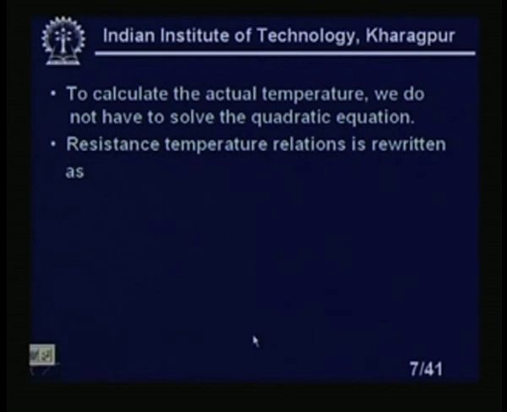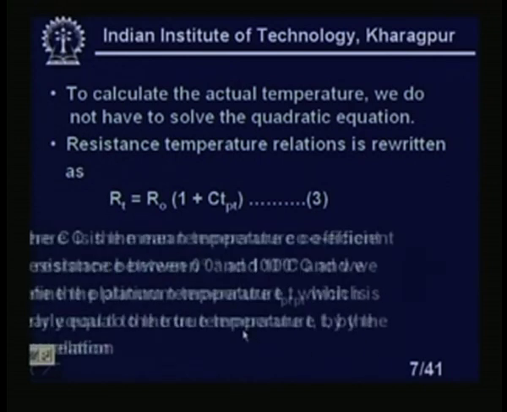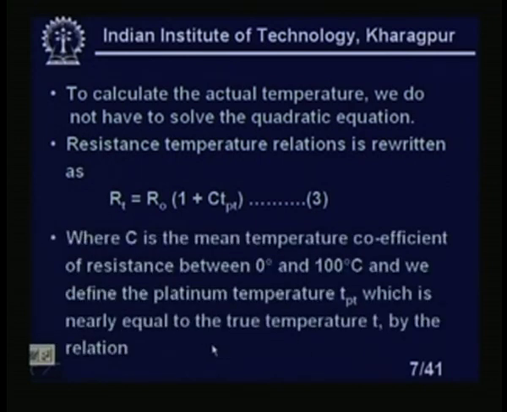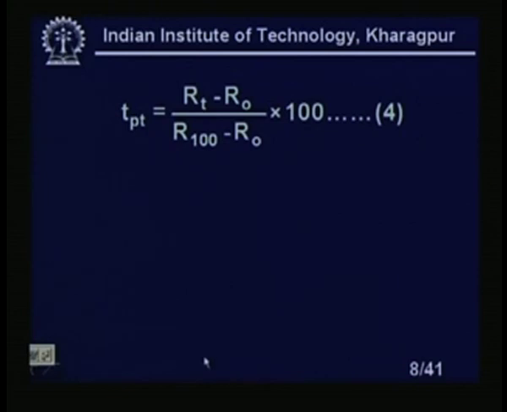So, instead the resistance temperature relation is rewritten as R_t equal to R_0 multiplied by 1 plus C into T_pt. This is equation number 3, where C is the mean temperature coefficient of resistance between 0 degree and 100 degree centigrade. When we define the platinum temperature T_pt, which is nearly equal to the true temperature T, by the relation T_pt equal to (R_t minus R_0) upon (R_100 minus R_0) into 100. This is equation number 4,